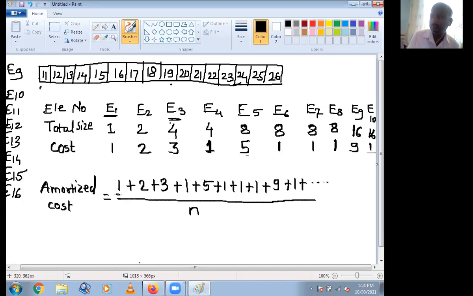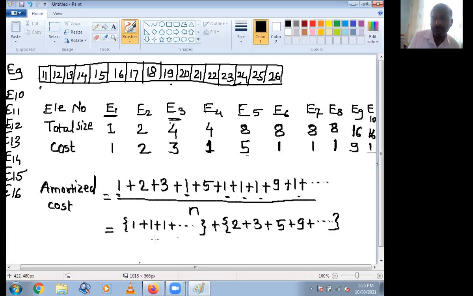We'll collect this one, this one, this one, this one to one side, that is 1 plus 1 plus 1 plus the remaining numbers 2 plus 3 plus 5 plus 9 plus dot dot dot, all divided by n.